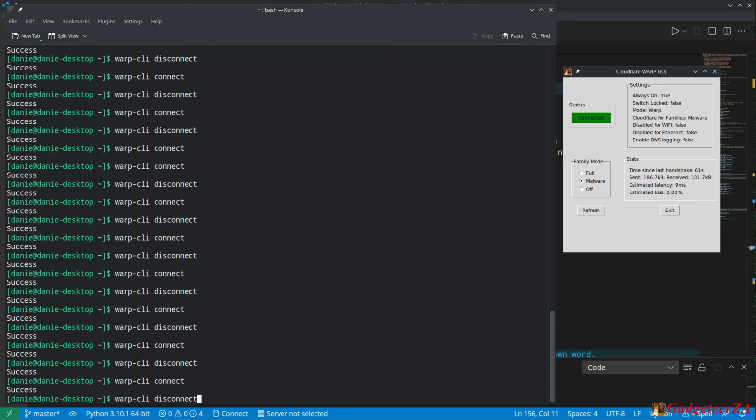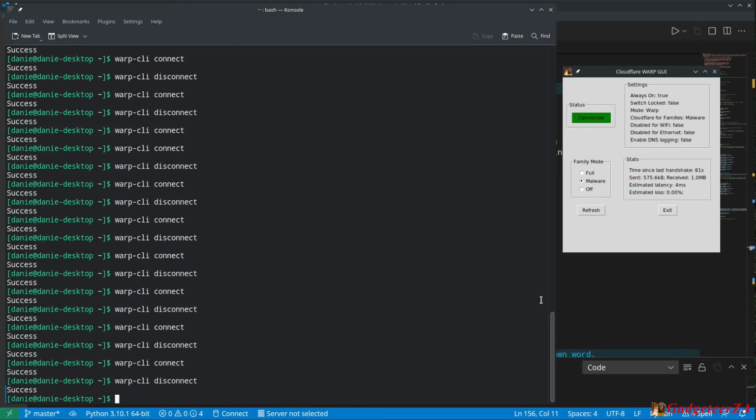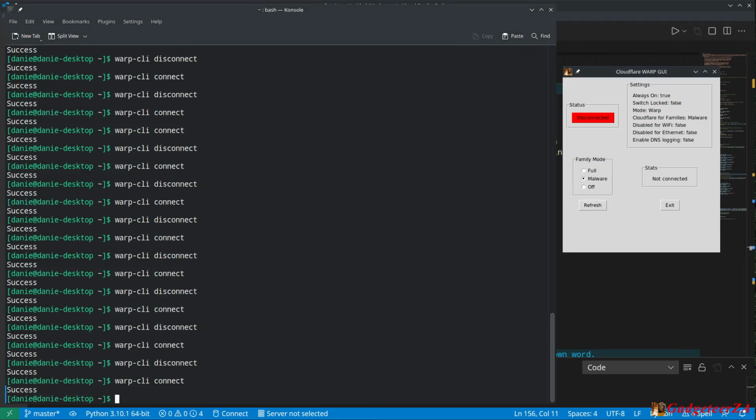I am connected there. You can see I've refreshed. If I disconnect, you'll see now if I refresh, it's showing here that the status is disconnected, and it's changed this here to say not connected. Obviously, I must also clean up how this is resizing and so on. I'll have to figure out how to do that still. But let me just connect again. Connected, and if I refresh now, the stats will be back and it'll show a green connected button over there.